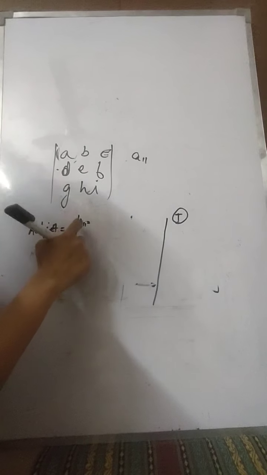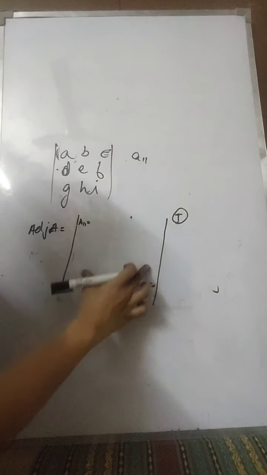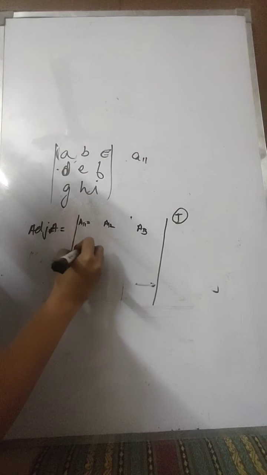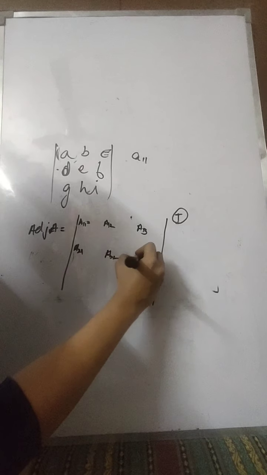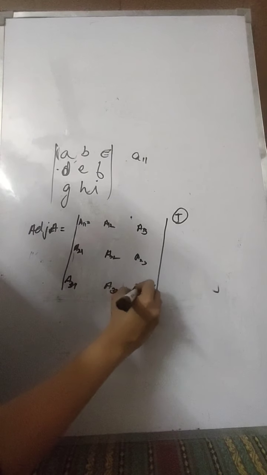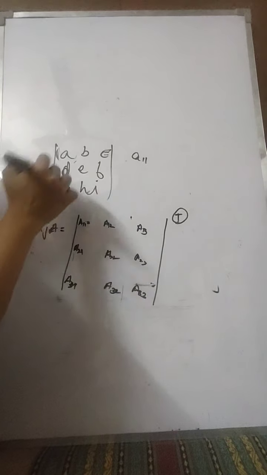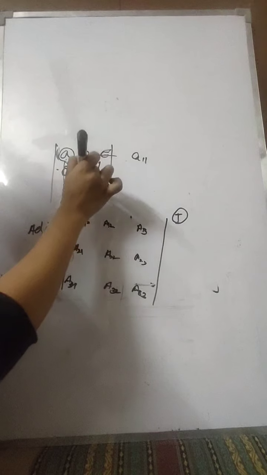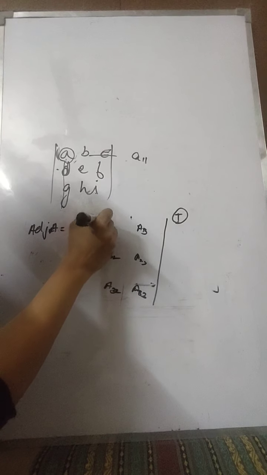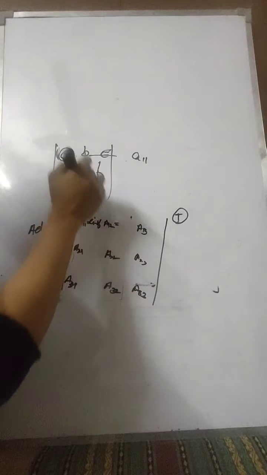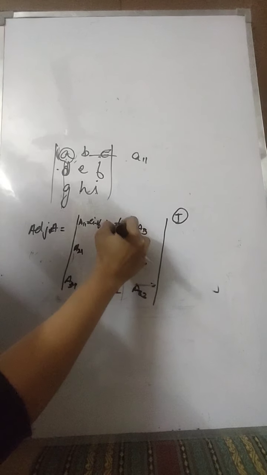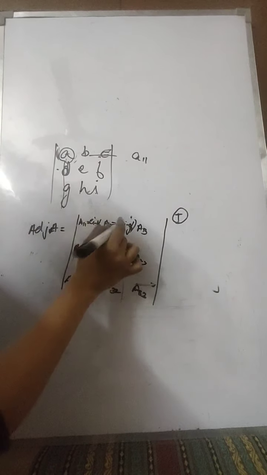A11 is equal to, I'll just do the first and second one, and then you will understand. A11, A12, A13, A21, A22, A23, A31, A32 and A33. Okay, so the first one will be eliminating the row and column, EI minus HF. Then the second one will be DI minus GF, and you will take care with the sign, so a negative sign out of this.